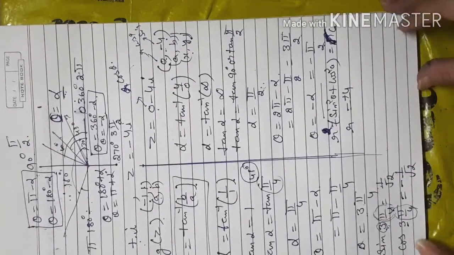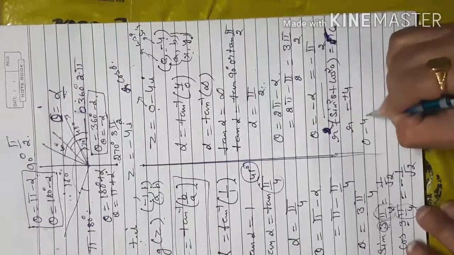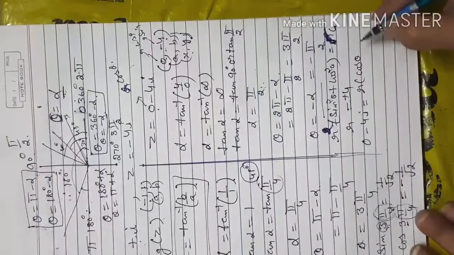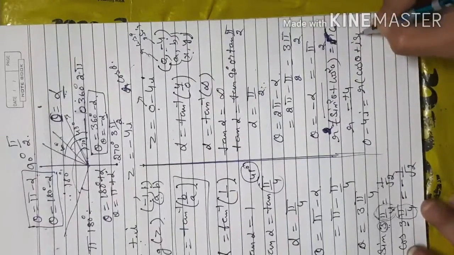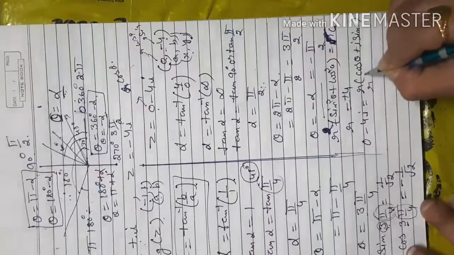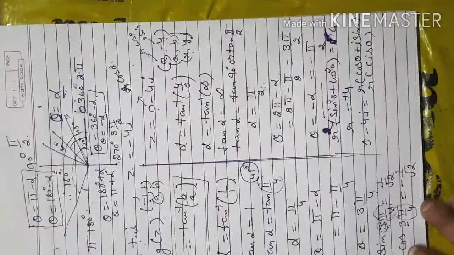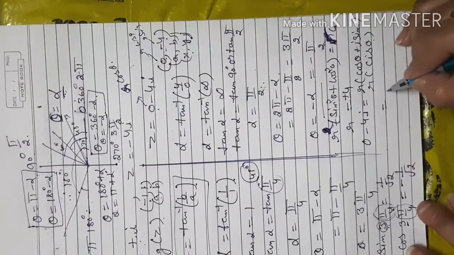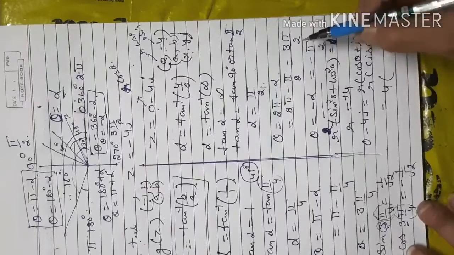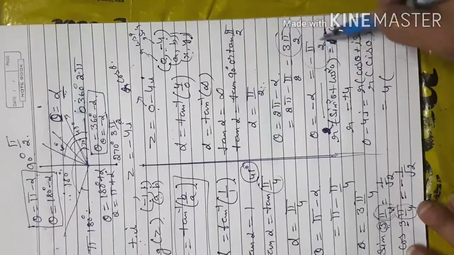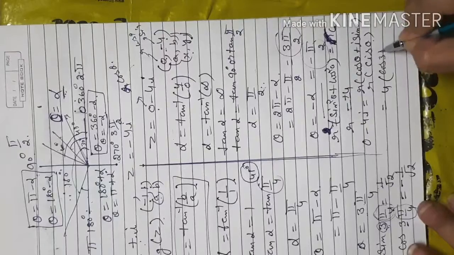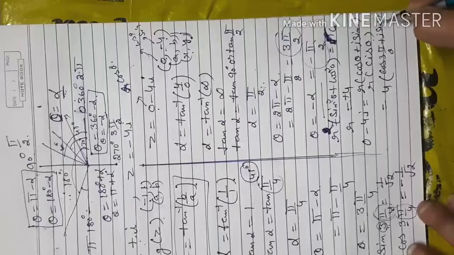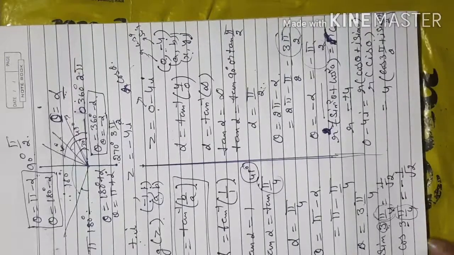Now if you have to write the polar form of 0 minus 4i, r is common, times cos theta plus i sin theta, which we also call cis theta. We can write it this way also. So now if we put in the theta form, the r value is 4, we take the positive value, and for theta I can take either angle, both are acceptable: 4 times cos 3 pi by 2 plus i sin 3 pi by 2. So this is my actual polar form of the complex number.